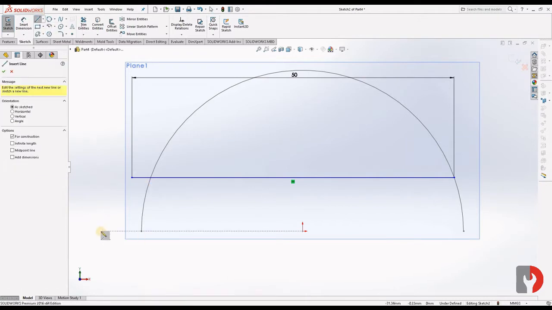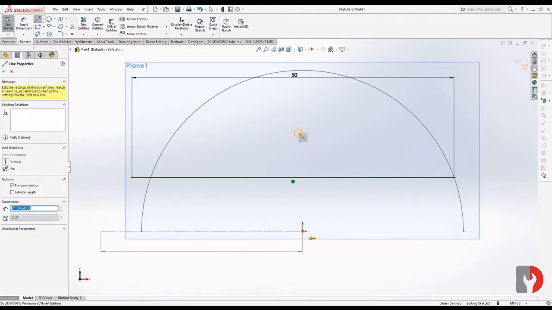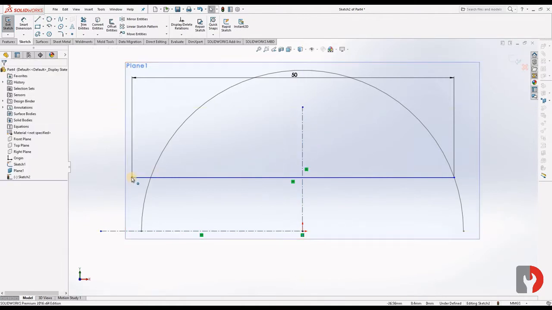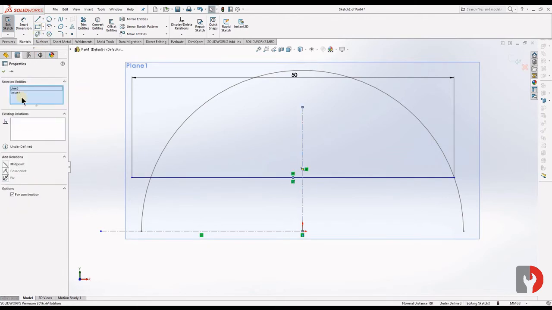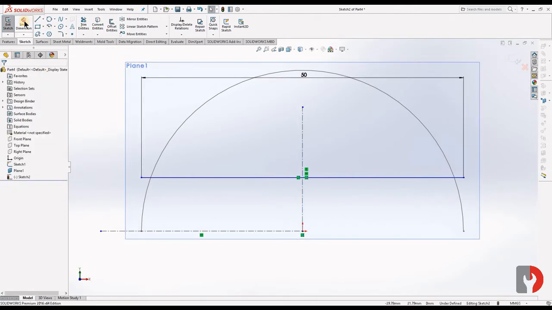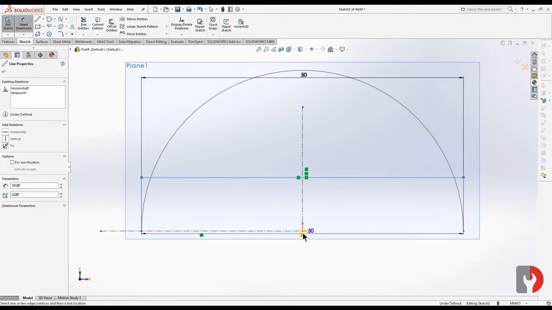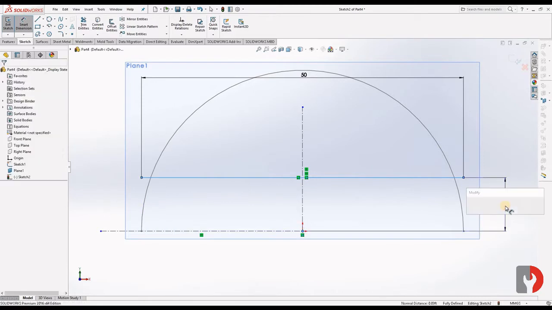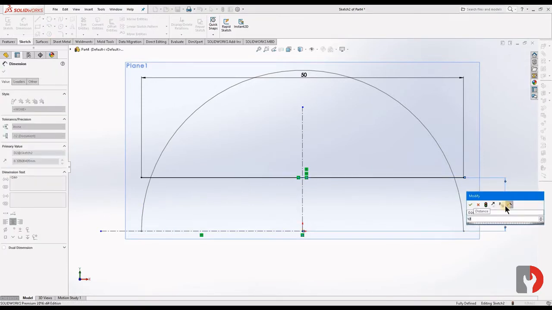Draw a central line. Now pick up the midpoint and the line, coincide, and give height from origin 10.